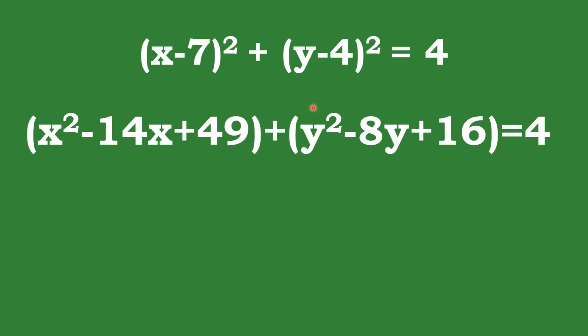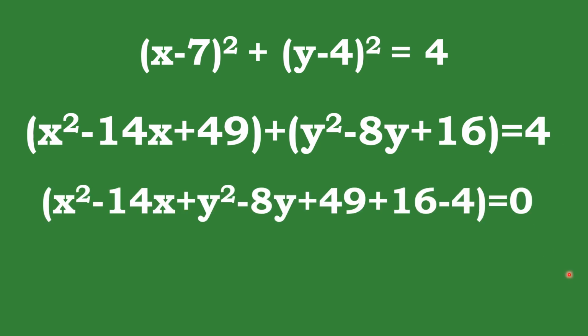Okay, so na-expand na natin. Next step is, ilipat natin si positive 4 dito, pabalik dun sa kabilang side, at pagtabi-tabihin natin lahat ng constant. So, yung 49 at yung 16, tsaka yung transpose natin na 4. So, you have x^2 - 14x + y^2 - 8y + 49 + 16 - 4. So, isolve nyo yung 49 plus 16 minus 4 will give us 61. Tapos, i-arrange nyo na lang according sa general equation natin. Una yung x^2, sunod yung plus y^2, minus 14x ang sunod, minus 8y, and then your constant, which is